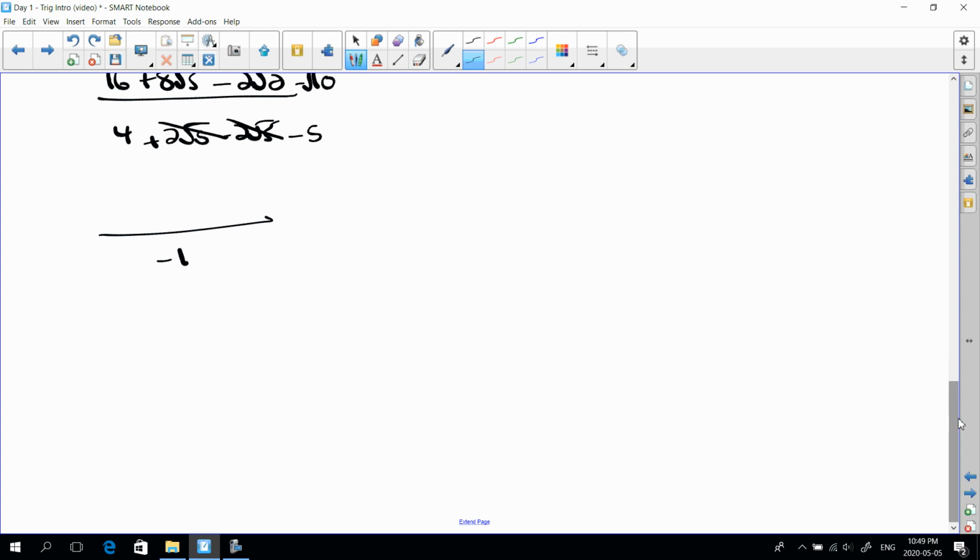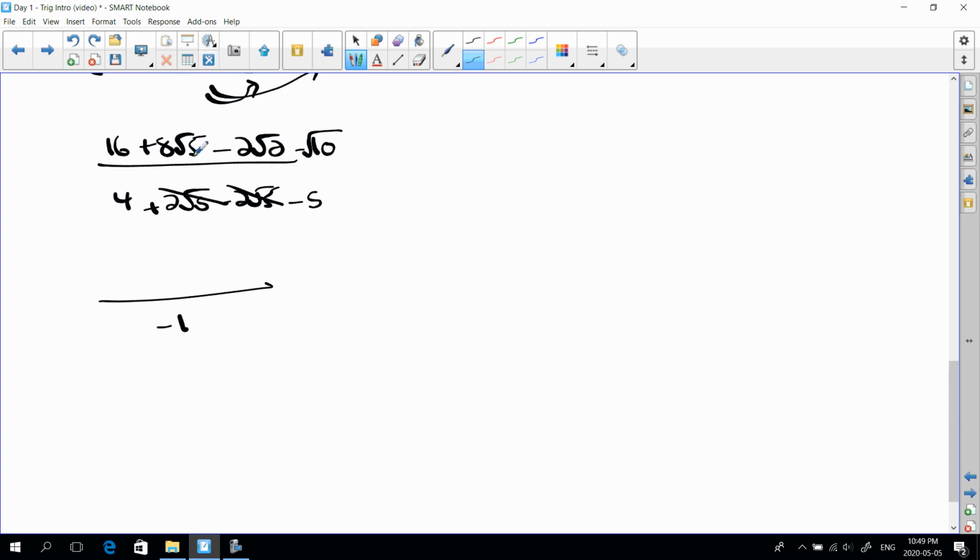None of those simplify, unfortunately. Root 5, root 2, root 10. 5 is prime, 2 is prime. 10 doesn't break down, it breaks down to 2 and 5. I don't have a pair, okay? So what I end up doing here is